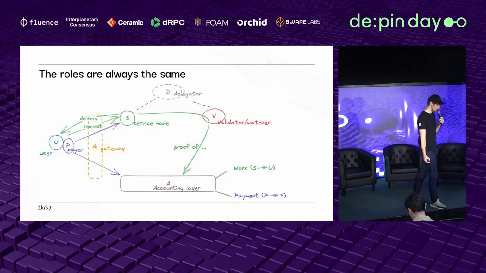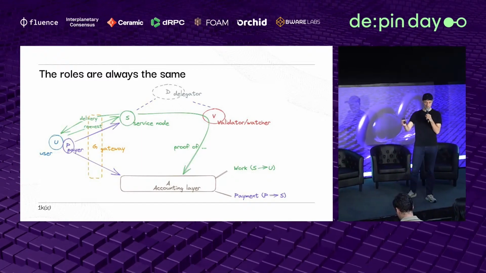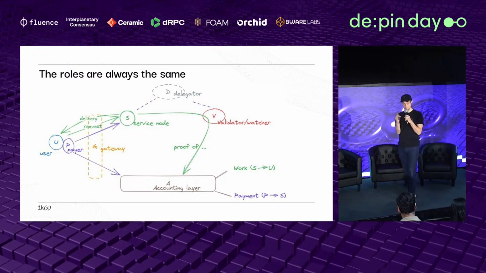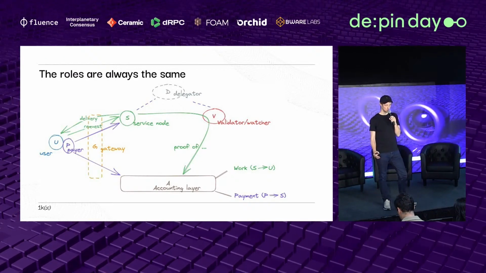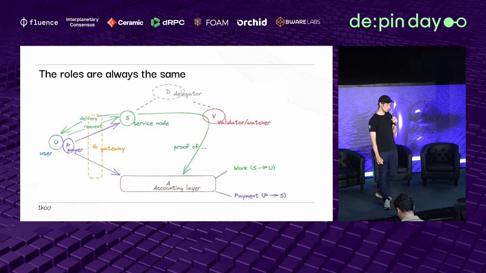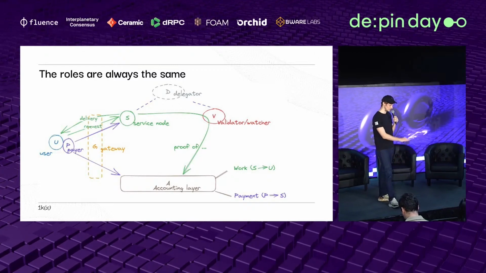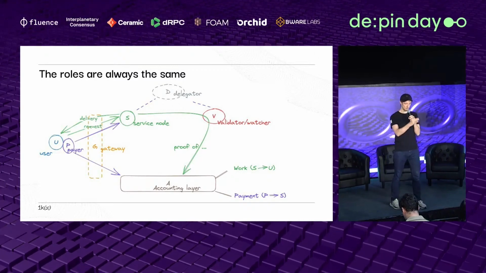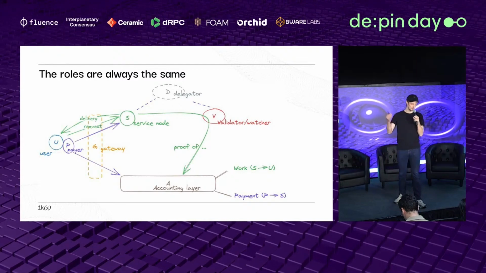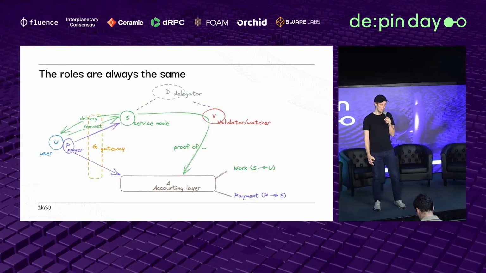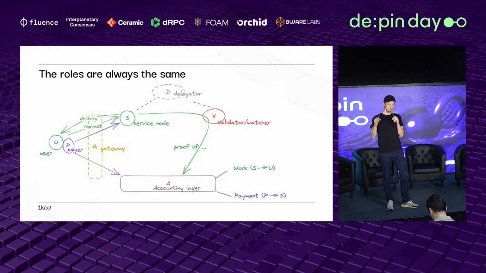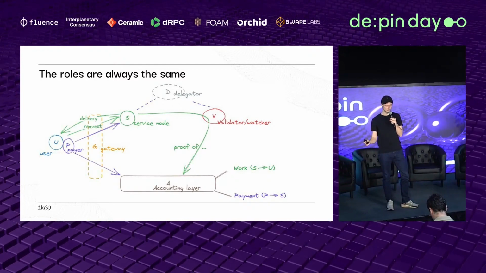The one is the gateway that helps orchestrating, load balancing the request, or even the payments. And sometimes you also have delegators, who stake with service nodes or validators. Obviously, not every DePIN needs all these roles, like, for example, gateways or delegators. There's a bunch of networks that don't have these roles. And each of these roles must not be a different entity.